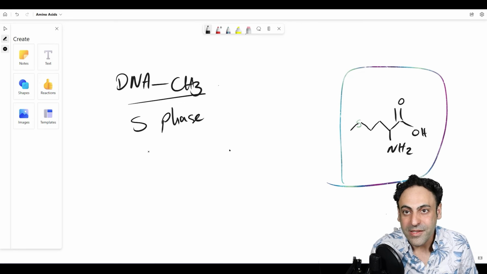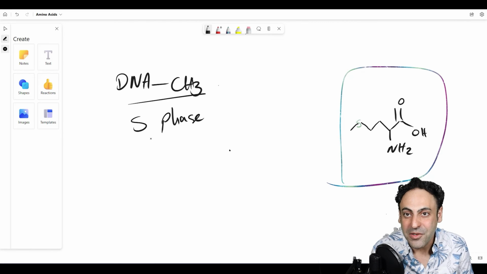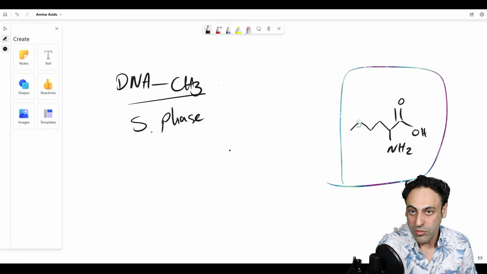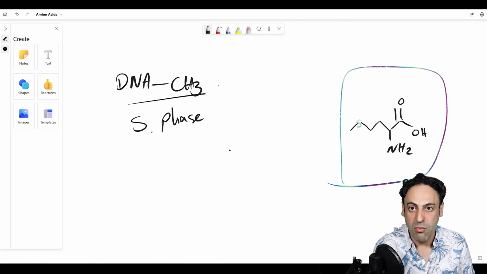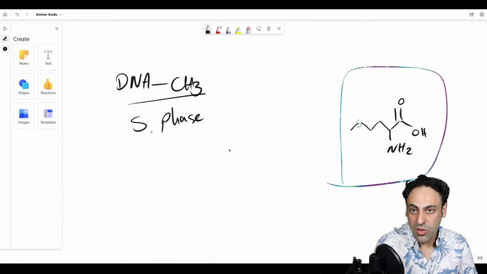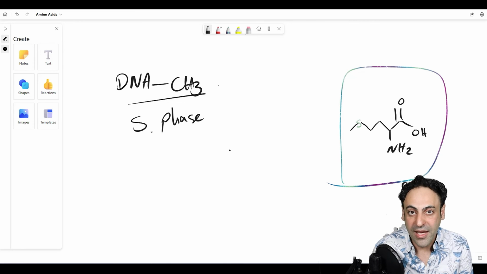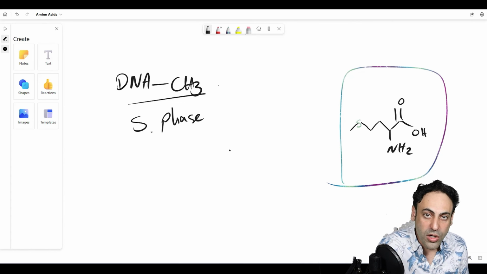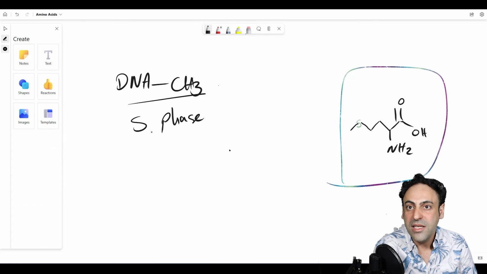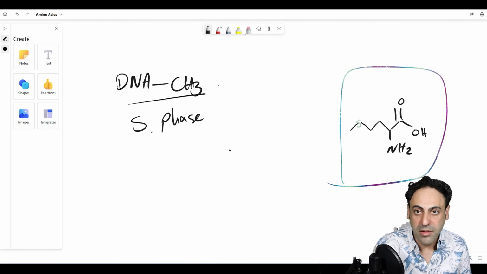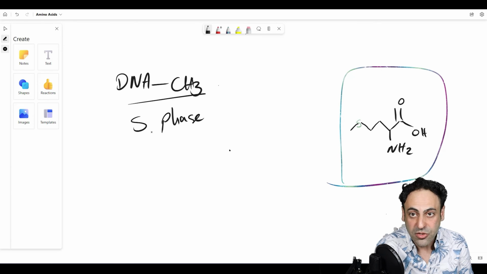And if it doesn't happen, what's going to happen? It's going to cause cancer, because those cells, like the muscle cells and the nerve cells, need to grow, but they don't need to reproduce anymore. If they start reproducing more, if they get to the synthesis phase, that means it's causing cancer. So the DNA methylation is going to repress those genes that are in charge of the synthesis of the cell, and start making it like a mitosis and everything like that. So the cancerous cell